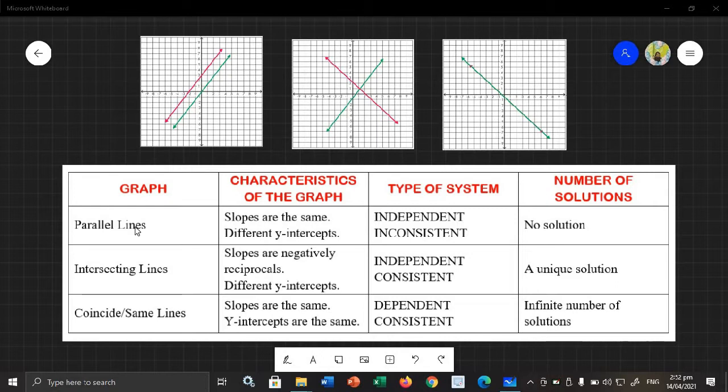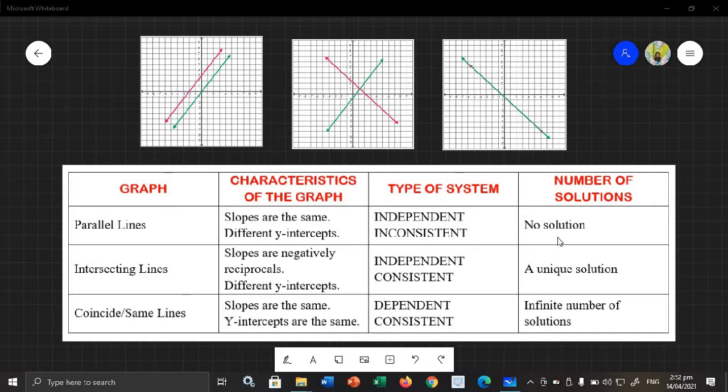Okay? So kapag parallel lines, kapag sinolve natin yung slope and y-intercept ng system of linear equation, yung slope nila magkamukha or same. But the y-intercepts are different. Okay? And yung type ng system ng linear equation na yon is independent and inconsistent, and it